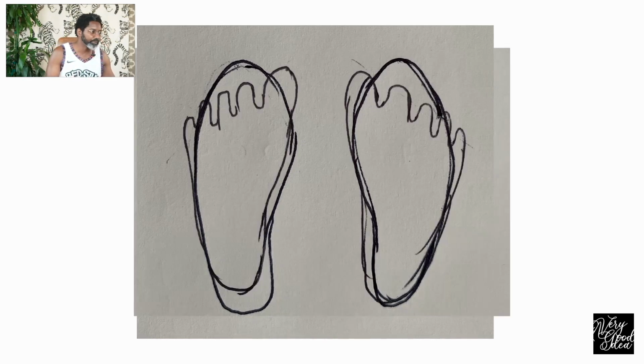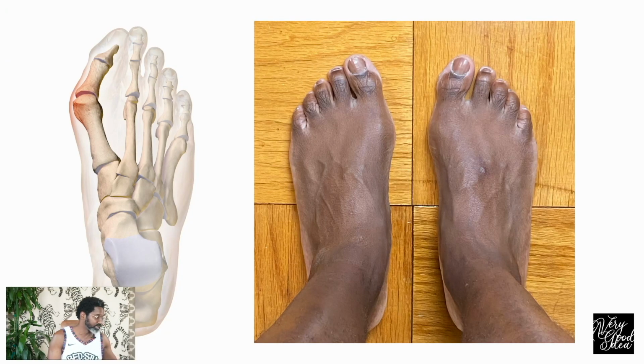So if you imagine when you're first starting out and then you put on some shoes, your feet don't quite fit, because the human body is so adaptive that our toes start to bend inward and form to the shape of the shoe. And you can imagine all kinds of different issues that come from this. And one of the issues that tends to develop is